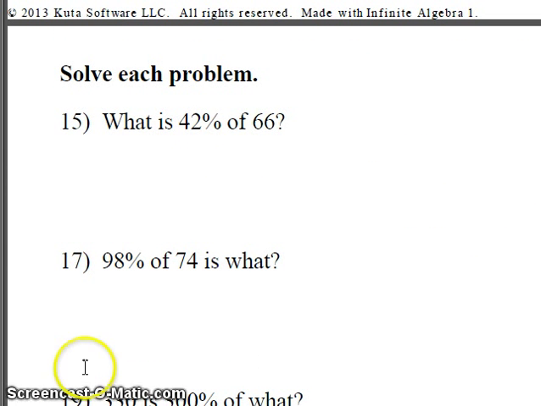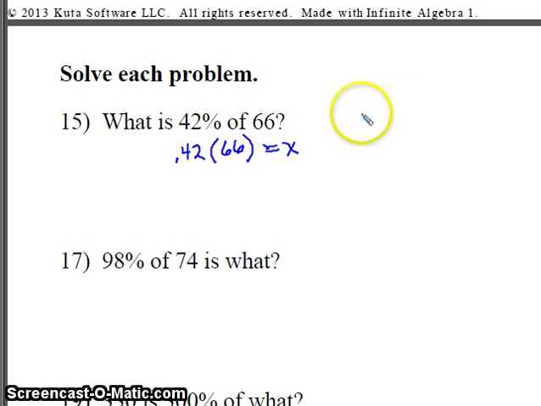All right, now we're going to work a few percent problems. 42% of 66. Probably the easiest way to do these is just change the percents to a decimal. Of means times. 66 equals X. Okay, if you want, you can do part over whole equals percent over 100. And you can solve them all that way. So if you like percent equations, we can do it that way. Looks like our answer is 2.52,